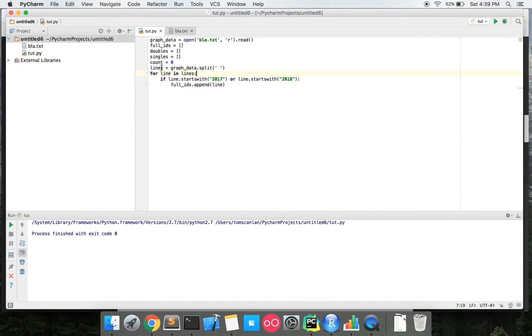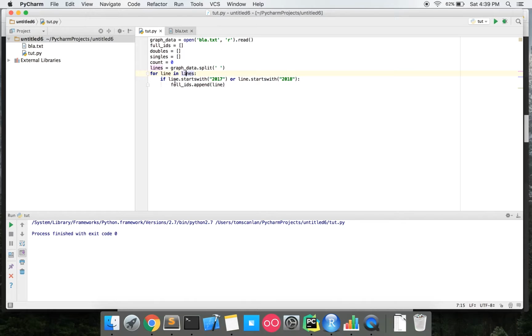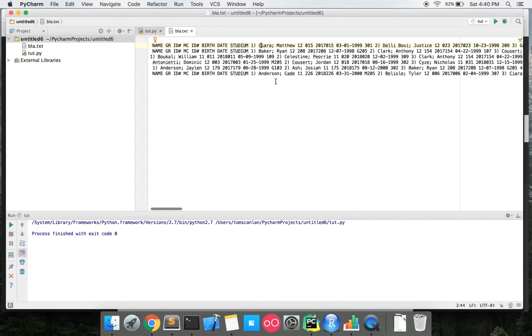So we got this variable lines, and I'm iterating through all of it. I'm just going through every single word inside this entire text file. And for every single line, if it starts with 2017 or 2018, let me show you what I mean. Take Matt Sierra for example here. His user ID is 2017015, like that. It's going through these, like, okay, this is not 2017, none of these are 2017. Finally it gets to this part in the list right here, and it's like, okay, this